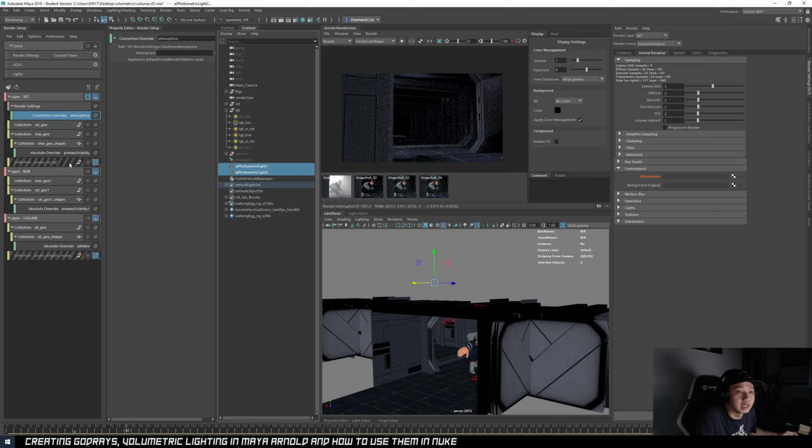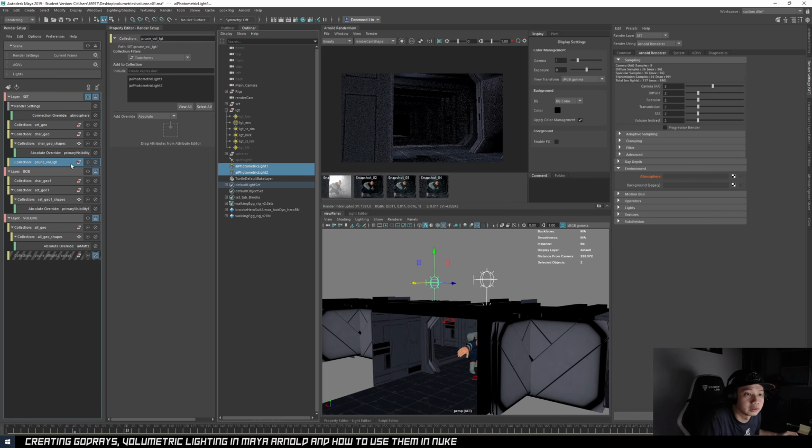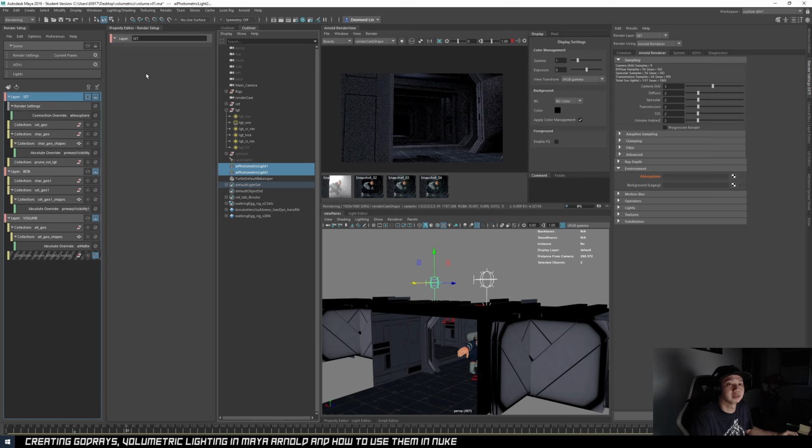Okay, so let's say I do not prune the volume lights. The lights are still there, and if I were to render, you see that the volumes are not appearing, because technically in this set pass there is no atmosphere being added. So what we can do is do this for our character pass, or alternatively, you can disable the atmosphere on your main.